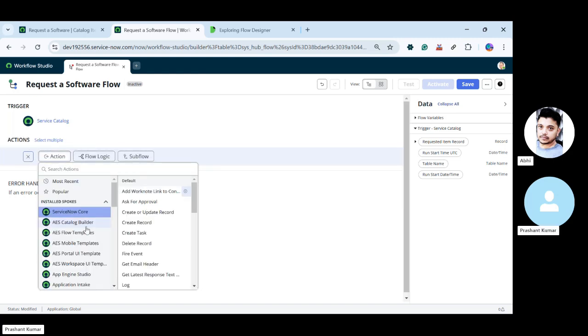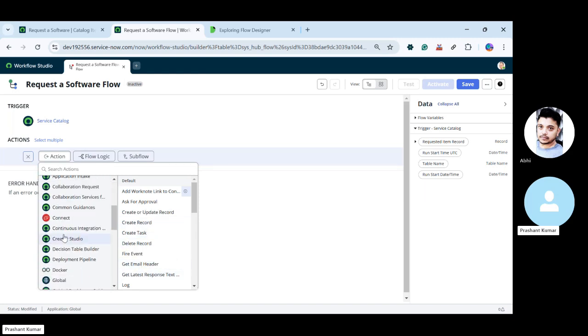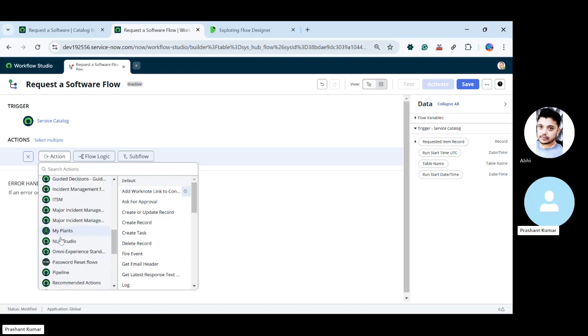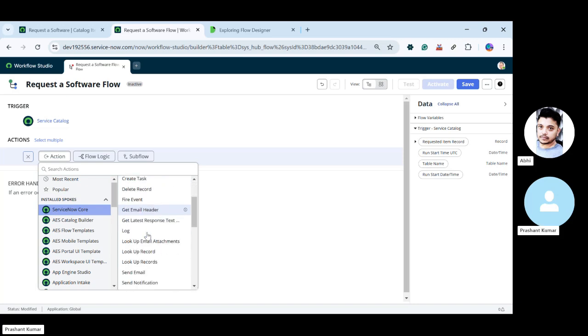Now I will click on action. These are the ServiceNow core actions available here. And we have multiple spokes also. You see there are a lot of out of the box spokes enabled in this system. So we can utilize those as well if we are doing anything related to other spokes. ServiceNow core is also an out of the box spoke, which will be mostly utilized for creating the flow. So first of all, what we will do,